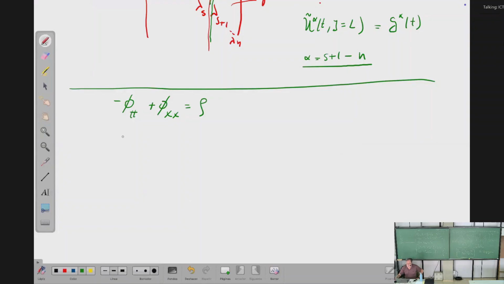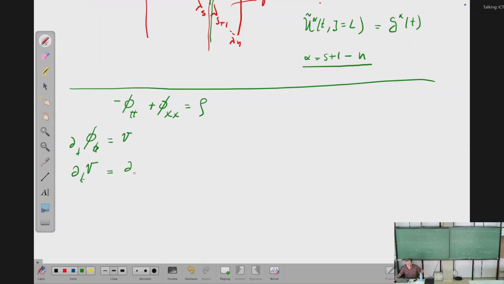So this you can write first as b = phi_t, and then this equation, let's use this notation, is equal to, so I put on the other side, this is